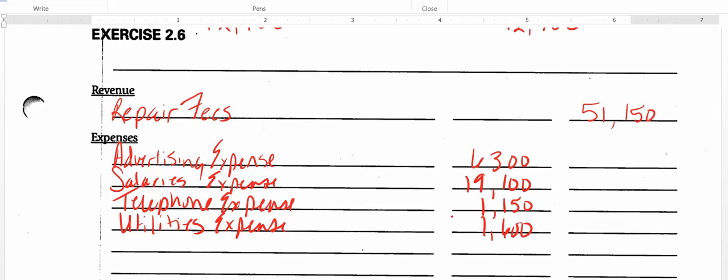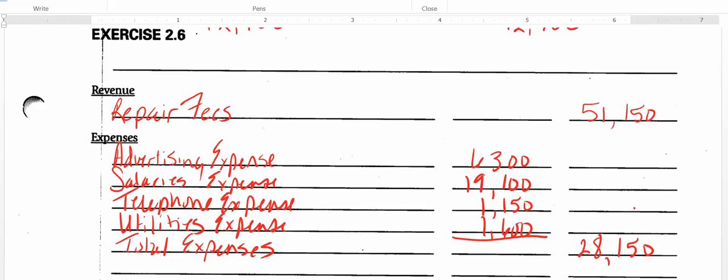Next we would have total expenses. We're going to draw a line underneath our expenses. Sorry about the squiggly line, should be straight. And adding those together, we should get, and we're going to put the answer in the right hand column, 28,150. Then we are going to subtract our total expenses from our fees, our revenue, and then what we'll have,